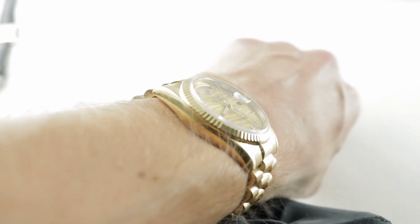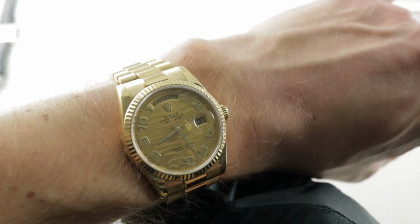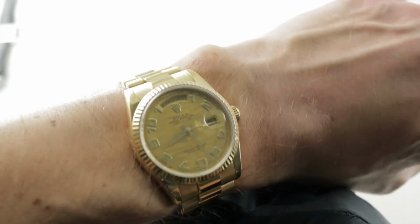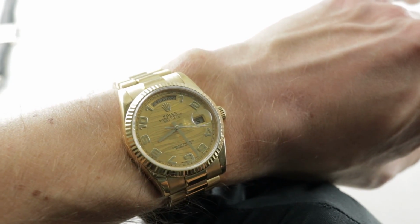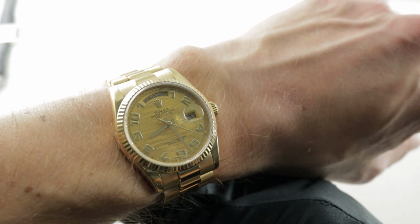The 36 millimeter case size is the original that debuted on this model back with the first variants in the 1950s, and it still looks traditional and appropriate. A handsome and fairly discreet size for a full gold watch. The two work well in tandem. Now the timepiece is 11.9 millimeters thick with a generously sloped flank. It easily fits underneath a cuff, and if you measure it from lug to lug, it is an even 43